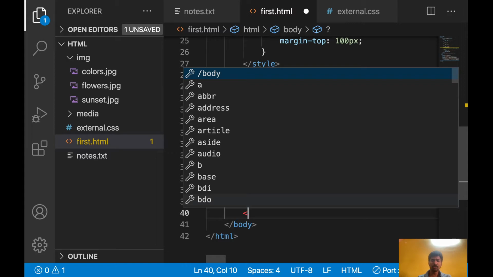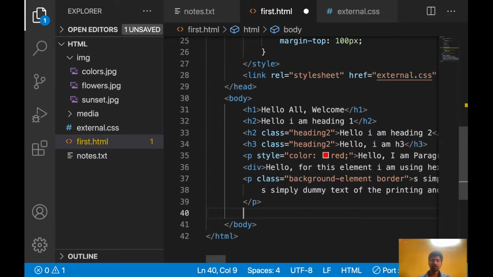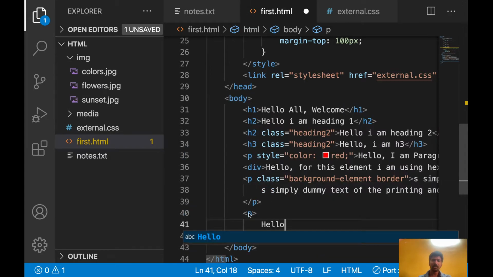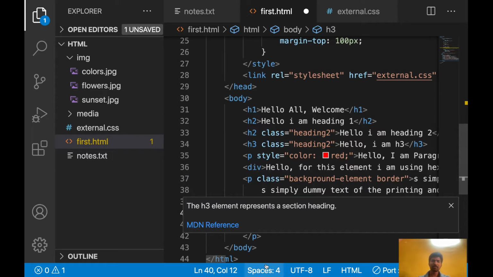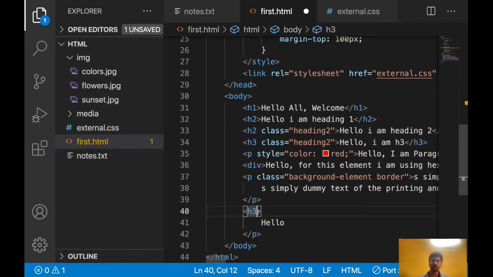Let's use one more paragraph, or else use a different one instead of a paragraph, h3 or h4. Heading 4, let's say hello world.